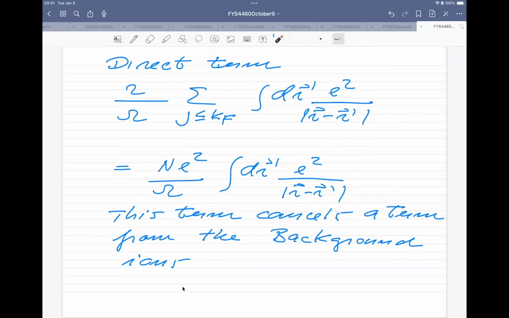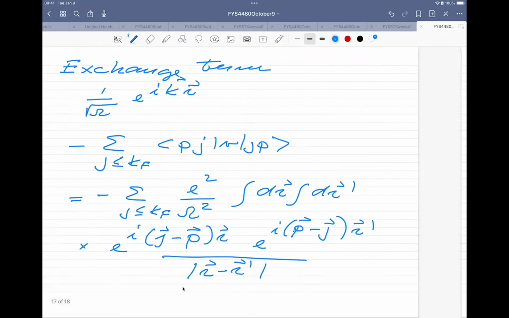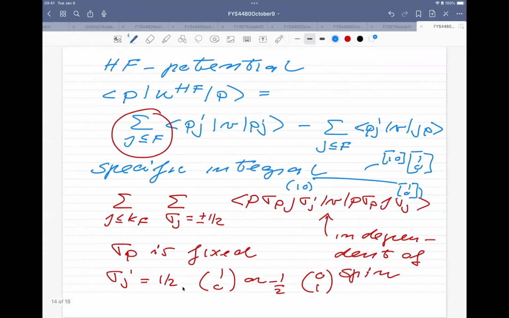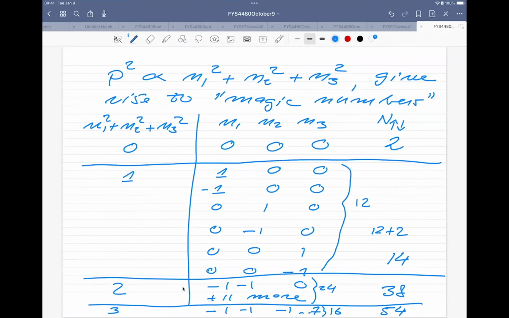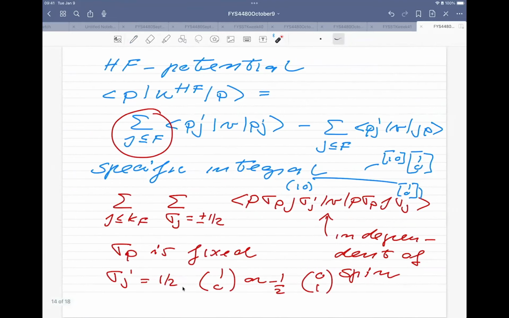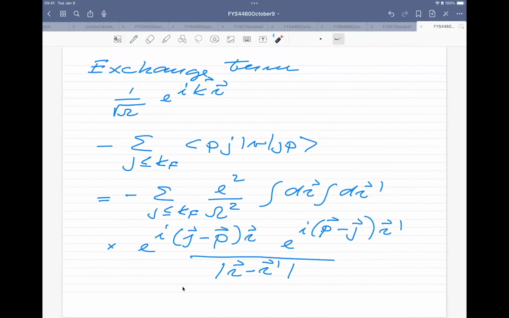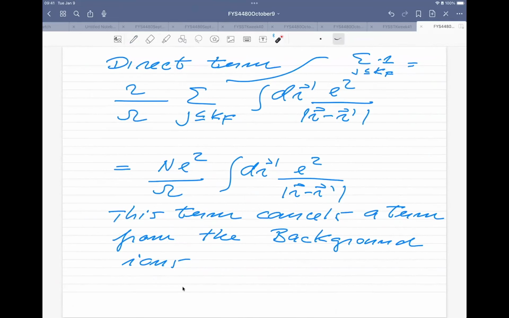This just sums over the number of particles. If you isolate this one, this is a sum over j less than kf times 1, and that simply counts the number of particles, because this is given by the number of states below the Fermi level. If I go back to that table which we had, if I have 14 particles, I would be summing this one, that one, and all these 12 states. So 2 plus 12 becomes 14, the number of particles. So this one translates into the number of particles.